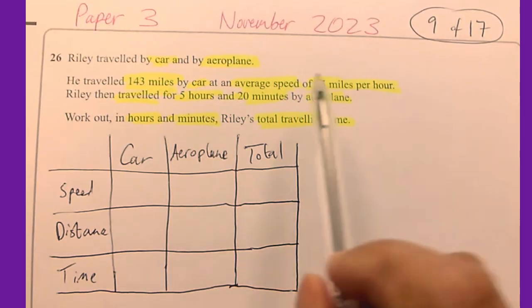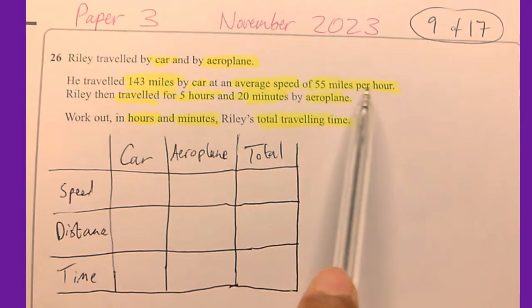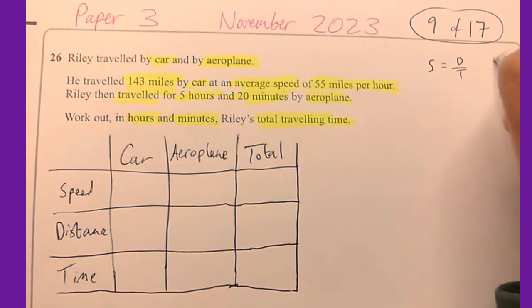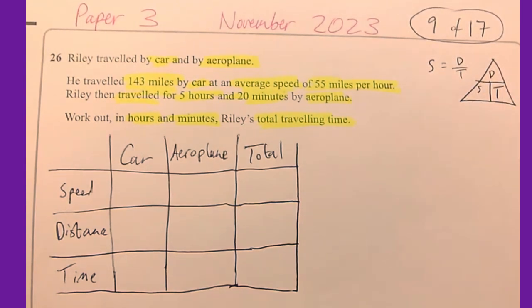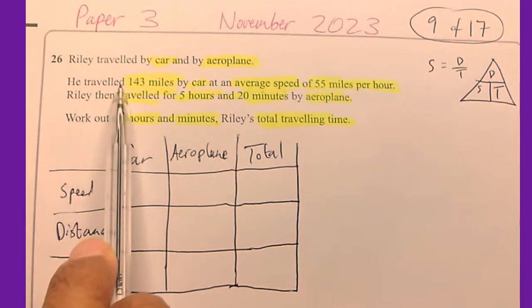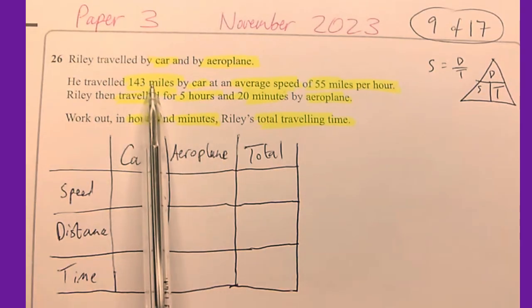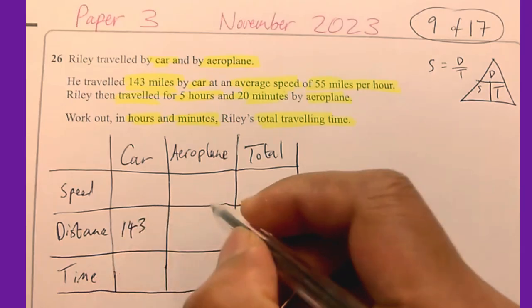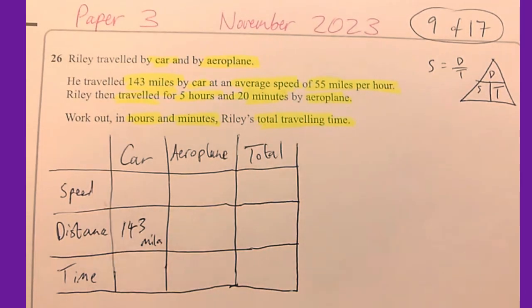And just like before, first of all, we need to work out the formula. Remember the formula. So speed is miles per hour, distance divided by time. So I can now create my formula. Speed, distance, time, formula pyramid. And so now I can start filling in the information. He traveled 143 miles by car. So that's distance. So car and distance is 143. Speed is 55 miles per hour. So speed is 55